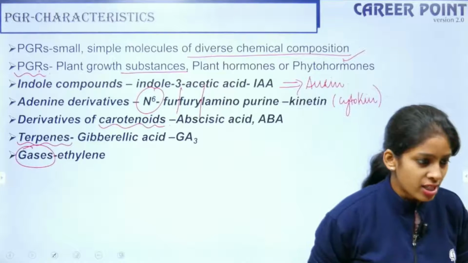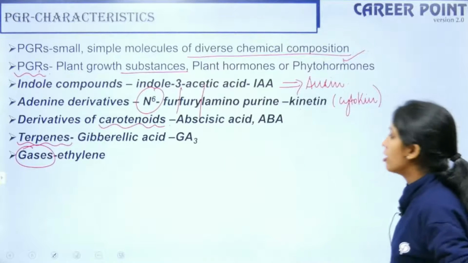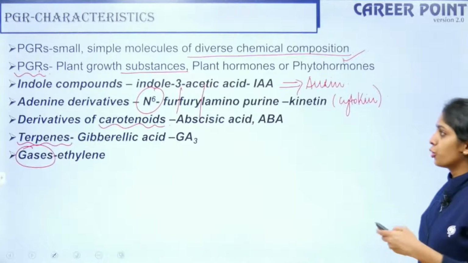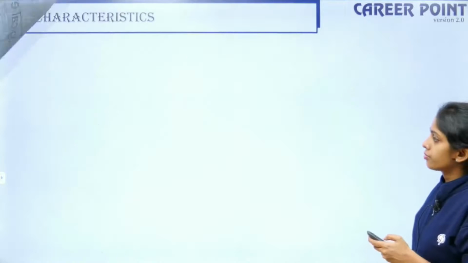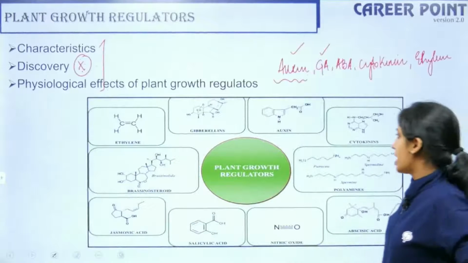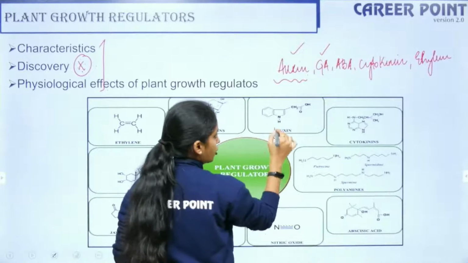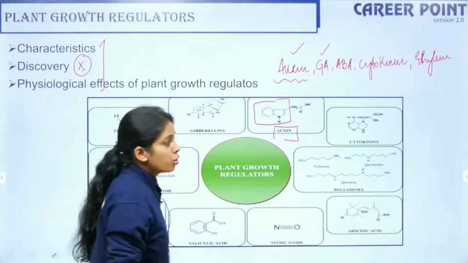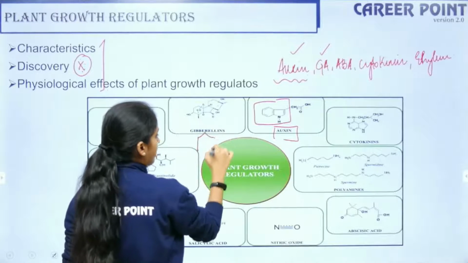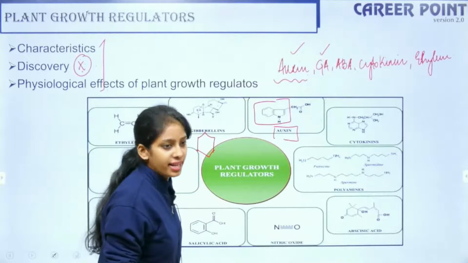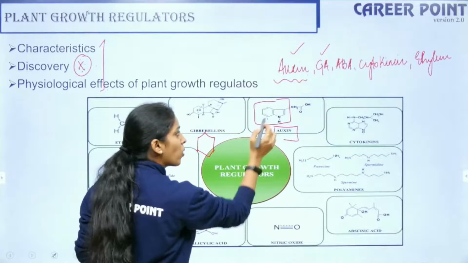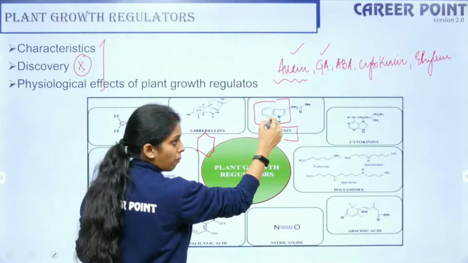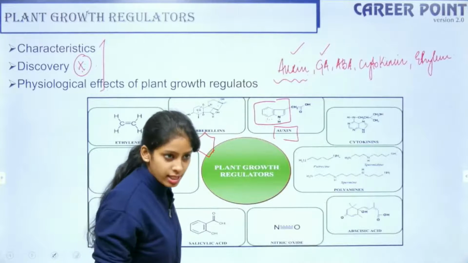Okay, Vishal? Yes. What is an indole compound? I am not giving you the structure of indole, but let me show you. This is your auxin structure, right? This is my indole compound. This is my aromatic ring, and this is known as the indole structure. So when they contain indole compounds, it is known as auxins.